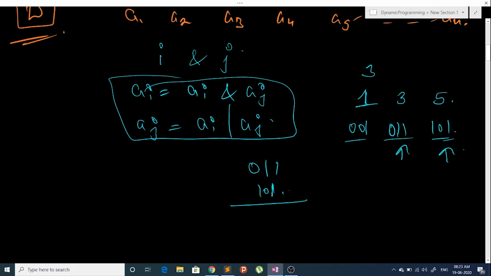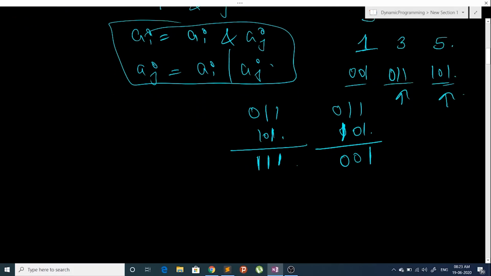Now I do the OR operation here. So I have 1, and here I have 1, and here also I have 1. And again let's take the AND operation. So I have here 1, 0 and 0. So when I was doing this operation, I observed one thing, that